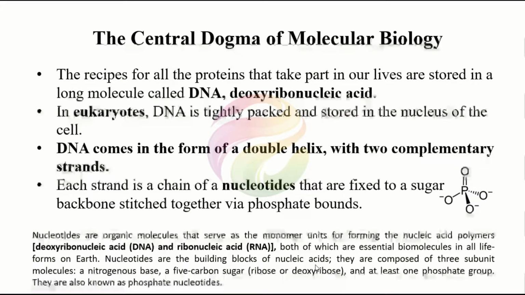Nucleotides are building blocks of nucleic acid. जो nucleic acids हैं उसमें जो building blocks हैं they are composed of 3 subunit molecules. अच्छा, नाइट्रोजीनियस बेस है, 5 कार्बन शुगर है, और at least 1 फॉस्फेट ग्रुप। They are also known as phosphate nucleotide. अभी जो नेक्स्ट स्लाइड है उसमें हम न्यूक्लियोटाइड्स के जो स्ट्रक्चर्स हैं, डीएनए का स्ट्रक्चर, उसको